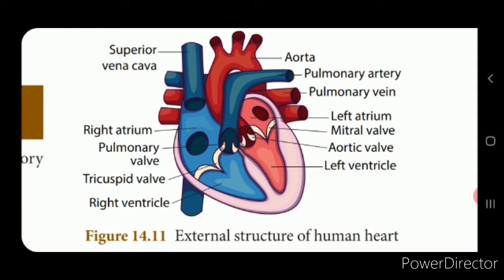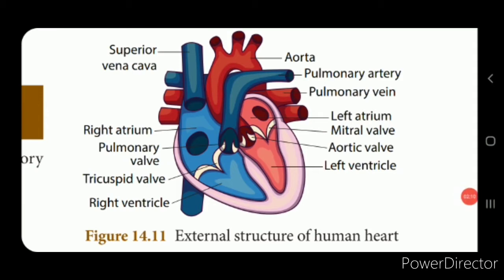The heart is covered in a double-walled sac which is called as the pericardium, and it consists of a lubricating fluid because it is enclosed in thoracic cavity, isn't it? Now it is placed towards the left and above the diaphragm, right? And this contains a lubricating fluid which is called as the pericardial fluid, which reduces the friction between the heartbeat and protects it from mechanical injury.